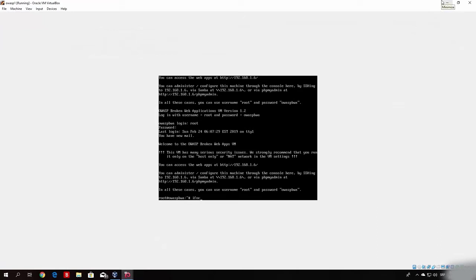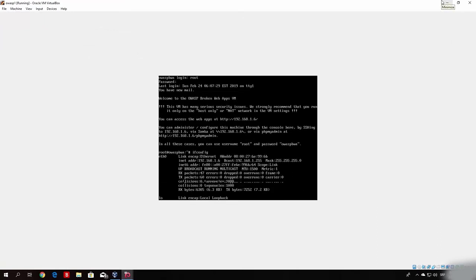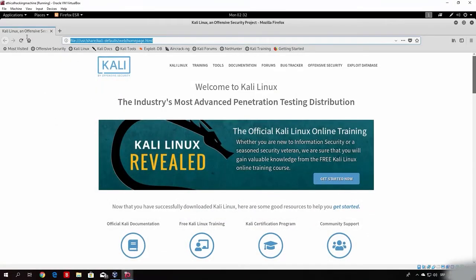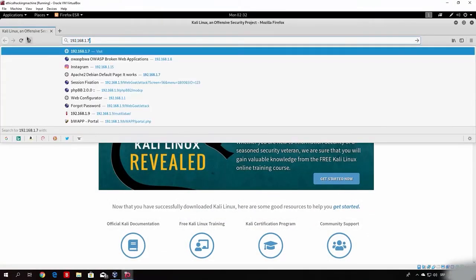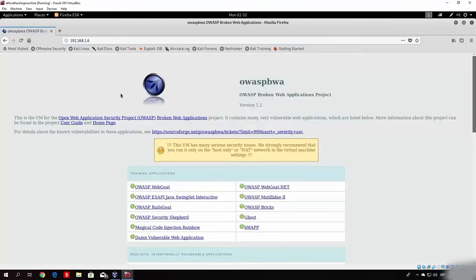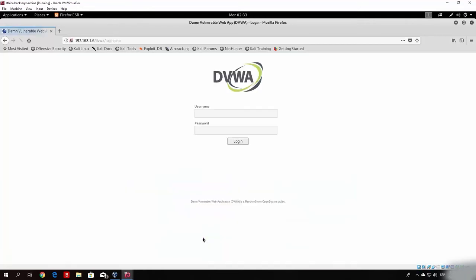Let me just check the IP address of it. It should be .1.9. No, it's .6, okay. And let us go to 192.168.1.6. Now, once you are here, what you want to do is go to the DVWA, the damn vulnerable web application. I believe we didn't go here before, so just click on this. Now, what this will ask you is the username and password. Now, you can just type here the username and password, which is admin, but let us actually try to practice